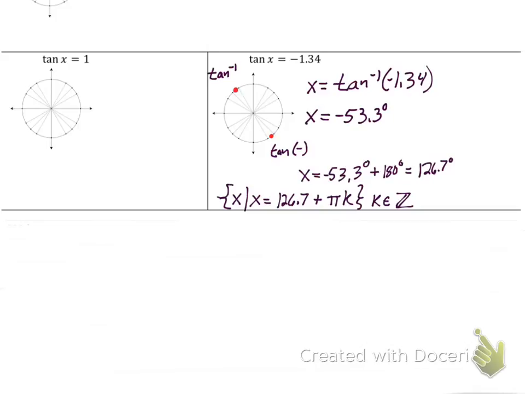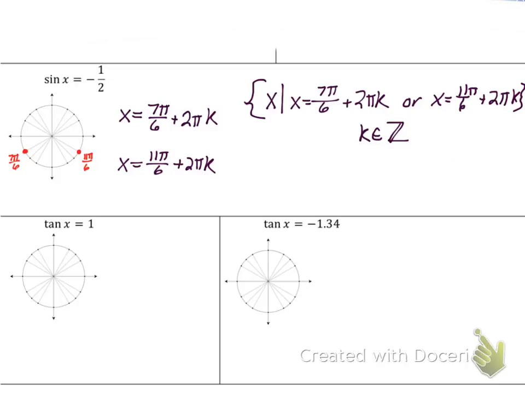Yeah? I have a question on an earlier problem, the sine x equals negative 1/2. And we said that we had to add 360 so we could keep coming back, but why wouldn't we just add 120? Because we could just go to